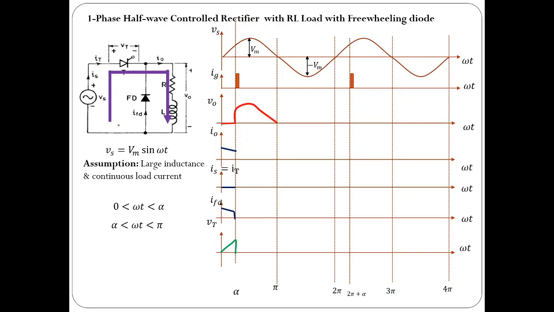During this period, the voltage across the thyristor is going to be 0 and Vs would be the same as V0. Applying KVL, Vt is equal to 0 and Vs is the same as V0. That is positive this way, from alpha to pi, omega t ranging from alpha to pi. And during this period, because positive voltage is applied, the inductor would be energized and the current through it would rise slowly and gradually.